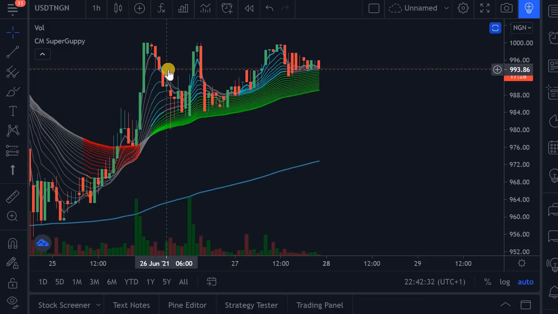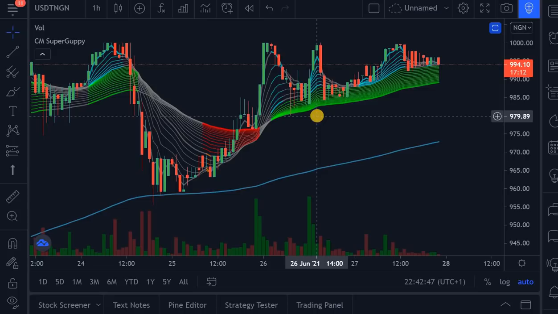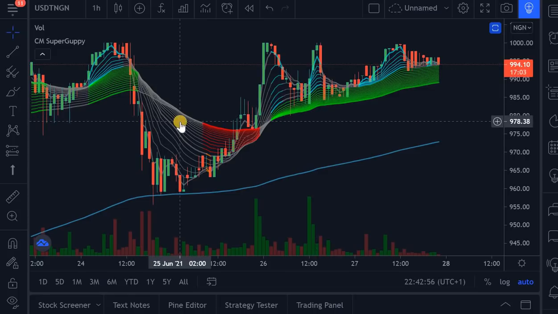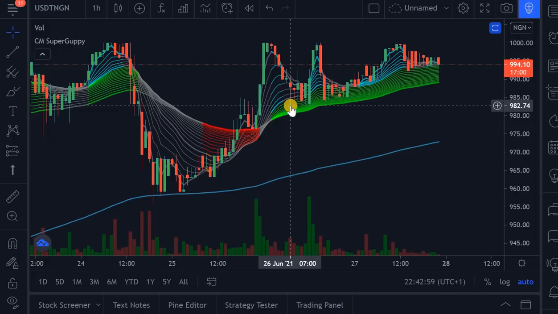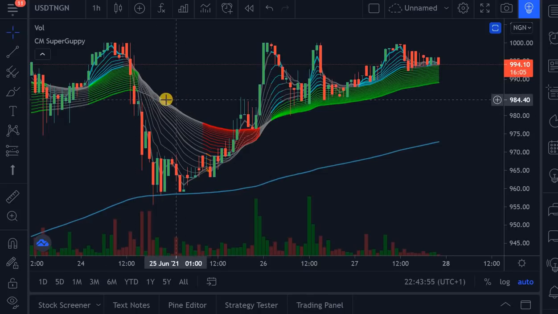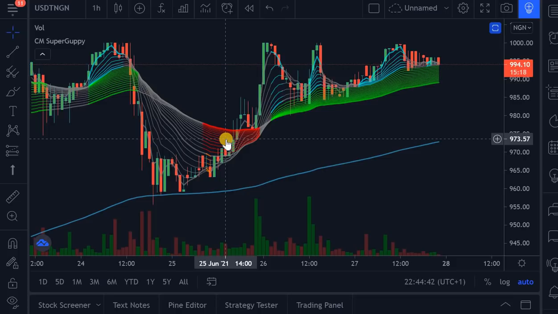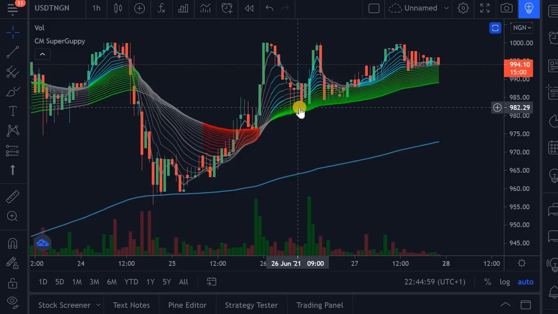Now let me show you how you can use this indicator in your trades. As you can see, when you look at this indicator, you would see different colors. You would see the gray color, the red color, the green color, and also the blue color. These colors represent different movements in the price chart. When you see this gray color, it means there is an imminent change in trend. So after this gray color, you can see the red color shows that the trend is weak and to the downside. The green color shows that the trend is in a strong upward direction. The blue color shows when the price is overextended to the upside.